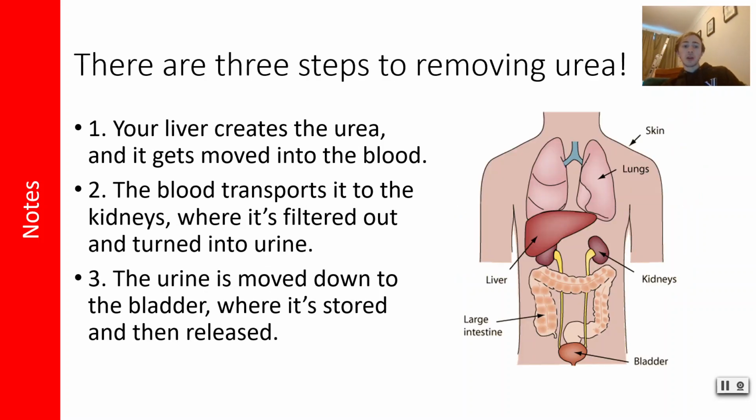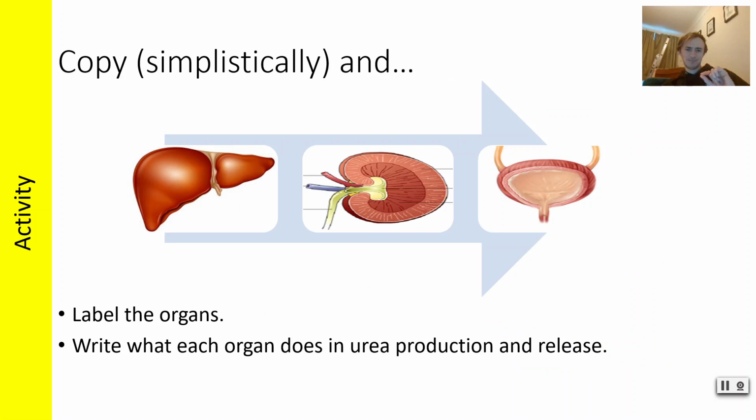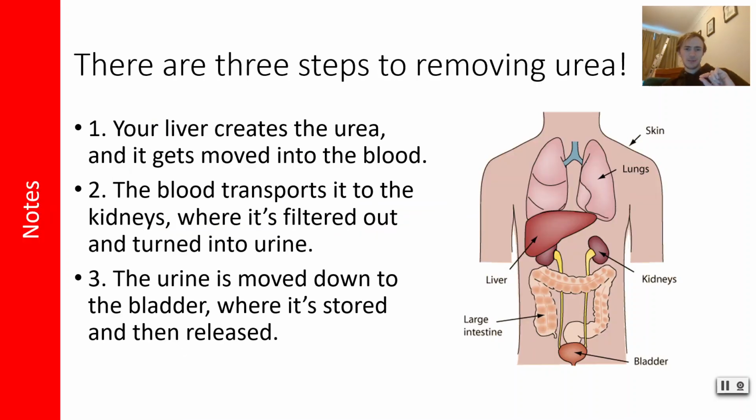Right. Now, there are 3 stages here, okay? Do I want you to write them down? Yes, I do. I'd like you to write these down. So, there are 3 stages in any case. The first thing is your liver creates the urea. Now, the liver can't remove the urea. The liver doesn't have an outside access to the world, and it can't turn the urea into anything harmless. So it moves it into the blood, and the blood is then going to take it to, step 2, the